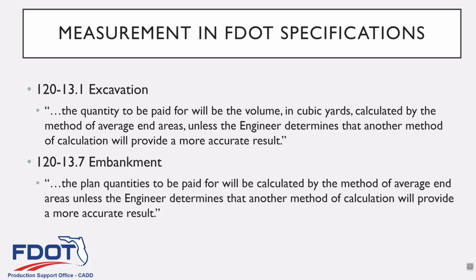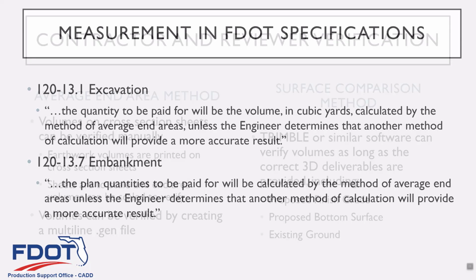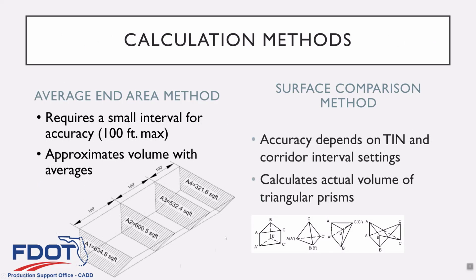It's totally dependent on that corridor interval. Going back to this picture again here, these are very small triangles. These might be 1 foot. These might be a couple inches. They're pretty small. It depends again on the bottom, this triangle size is determined by how close the points are on the TIN, and the triangle size on the top is determined on how your corridor interval is set.